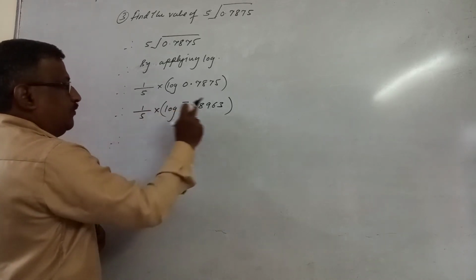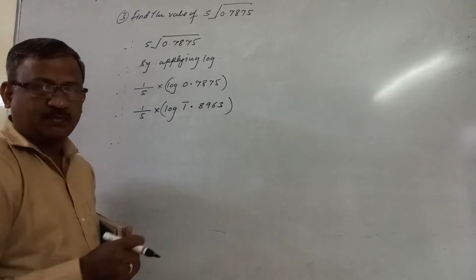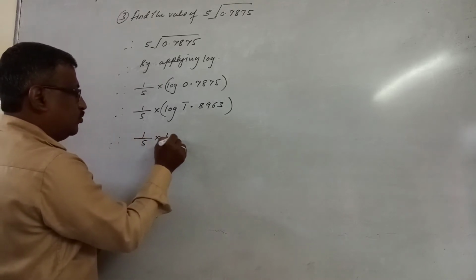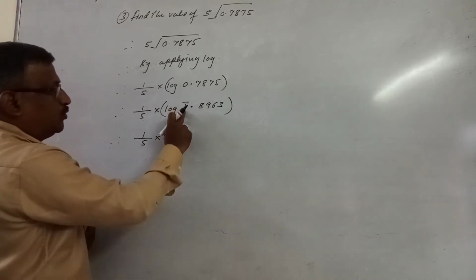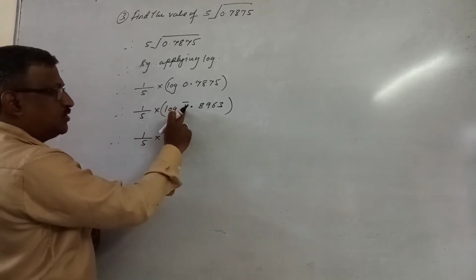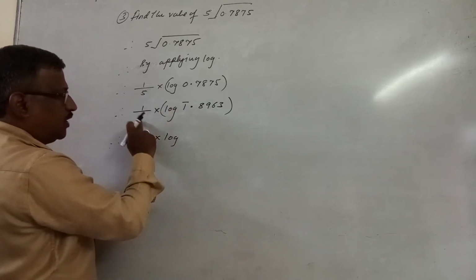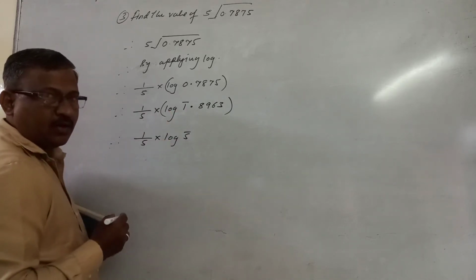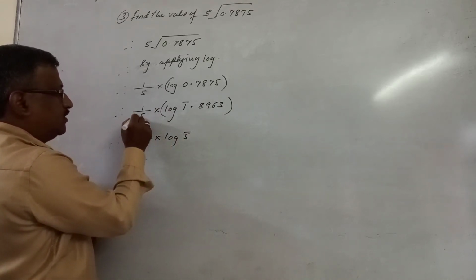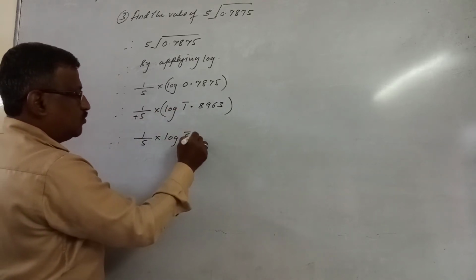So if you want to keep this part positive and this part negative, there is an adjustment that you have to do. So what you have to do? Keep this 1/5 as it is, into the log of. Now you have to increase this numerical value equal to the divisor. So in place of bar 1 you have to write bar 5. Write bar 5, then simplify these two values. The divisor is plus 5 and the numerical value is minus 1. Plus 5 minus 1, the result is plus 4.